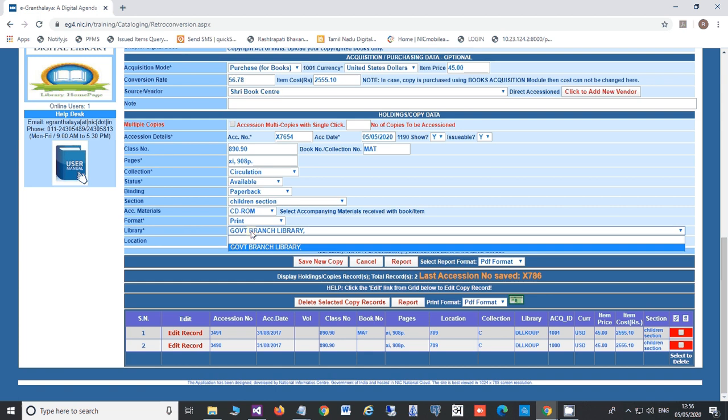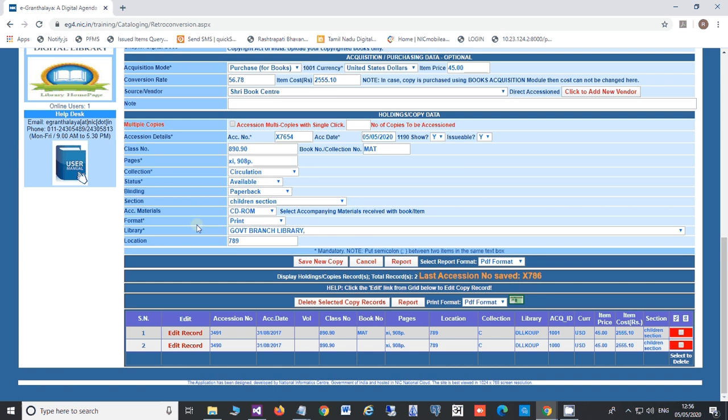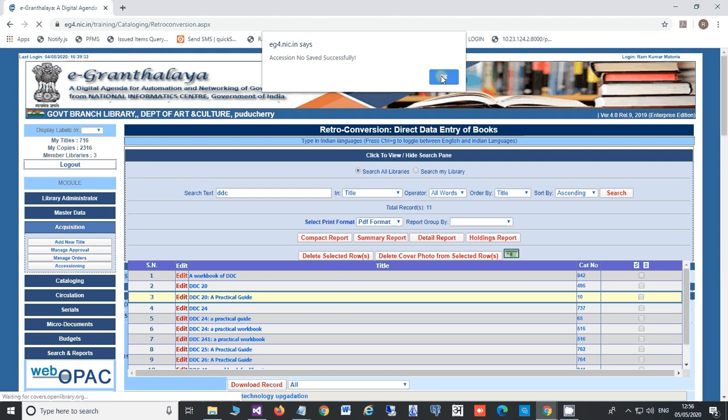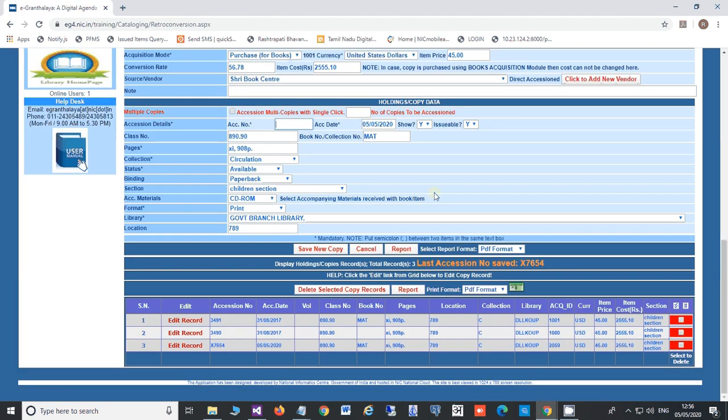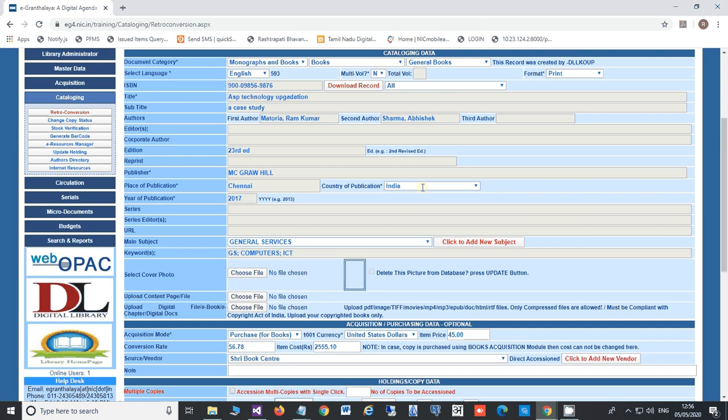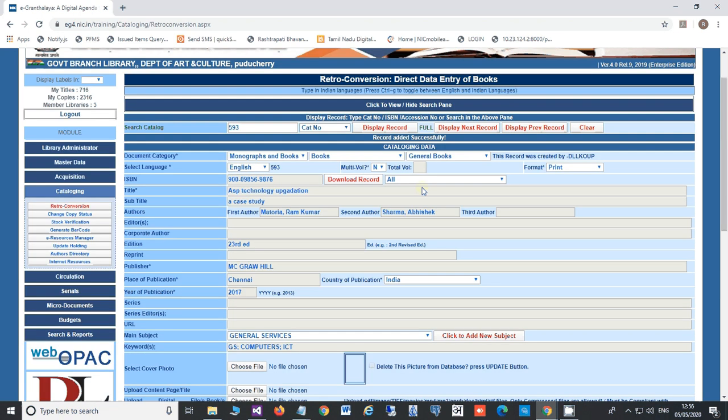This is automatically selected. If you have branch libraries, then the system will give the option to select the branch library. After typing the details of the copy, you can press the save new copy button, and your copy will be added successfully.